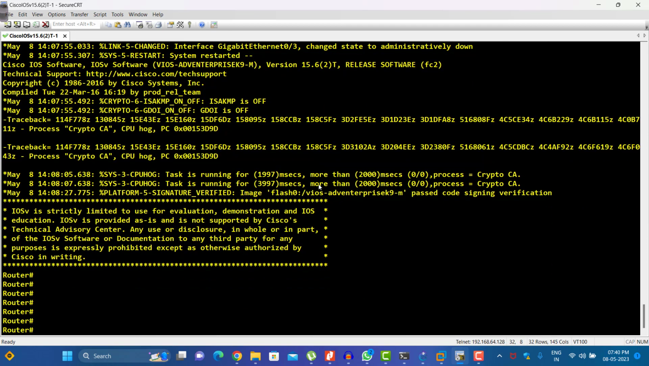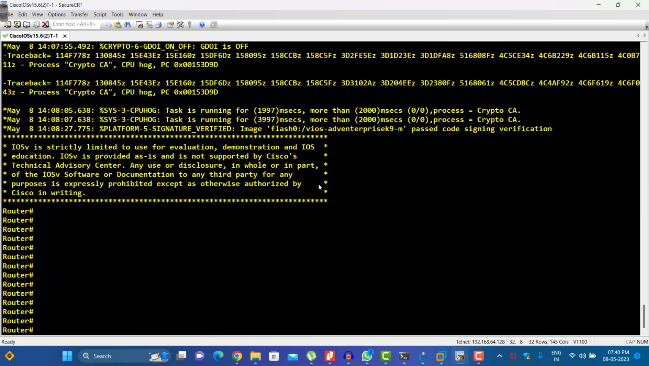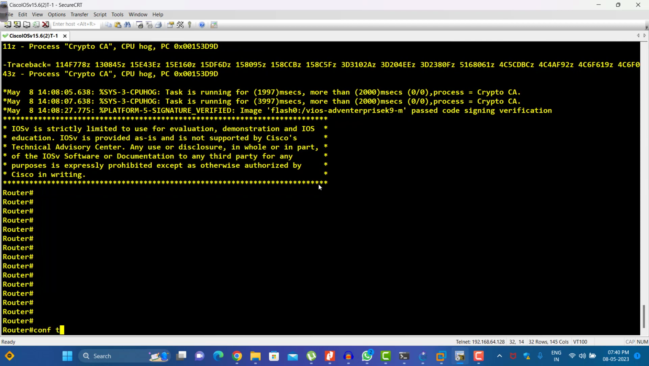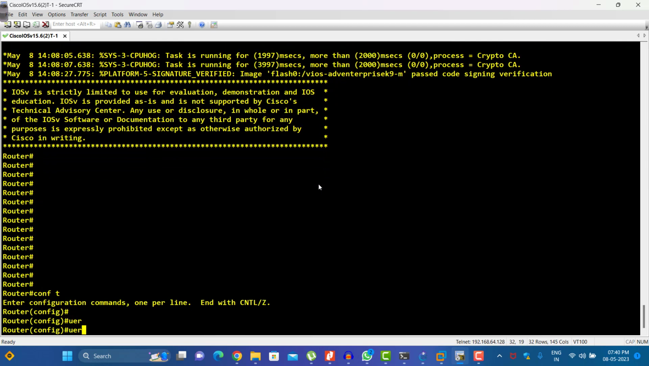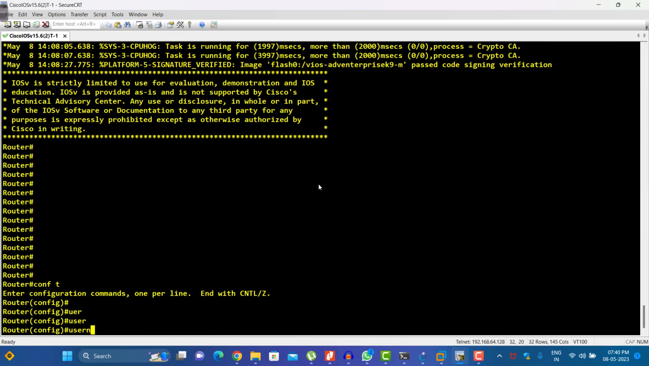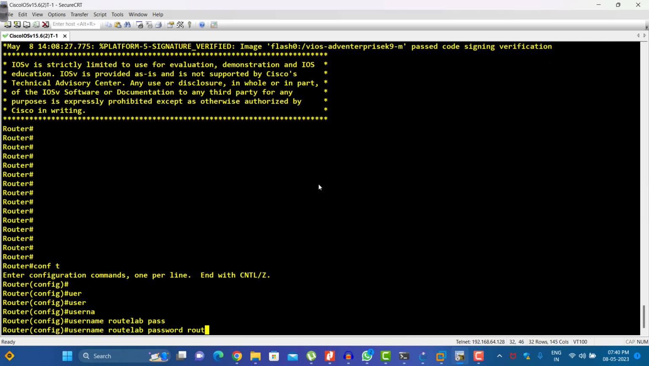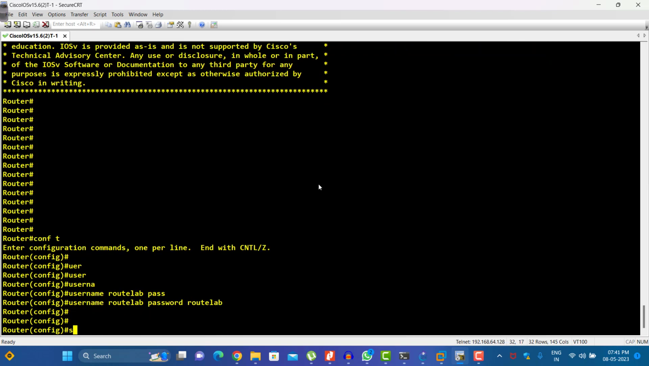Here on this router, I don't have any configuration as of now. It is a simple plain device. Now I'm going to configure a local username and password. Let's say username RouteLab and password RouteLab. Once you configure this, if you give the command show run section username,